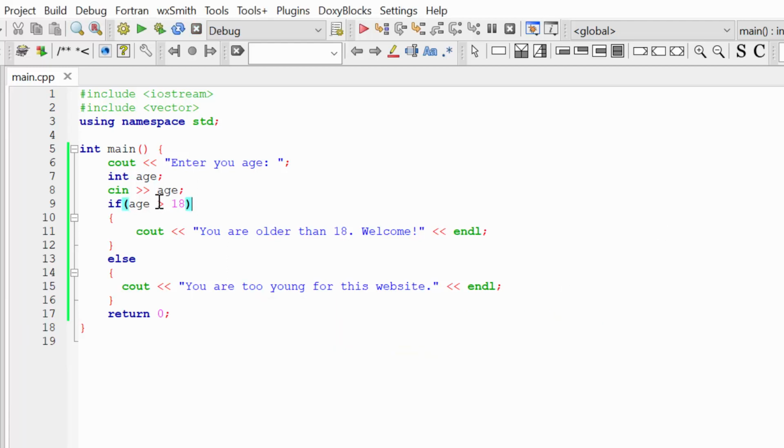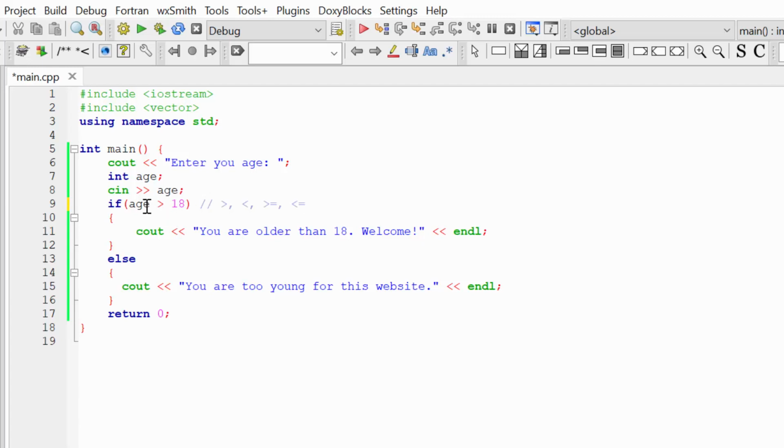Okay, here we use something called comparison operators. Comparison operators in programming are symbols used to compare values to make decisions based on the result of the comparison. So what comparison operators can we use? It's operators bigger and less. We also can use operators bigger equal and less equal.